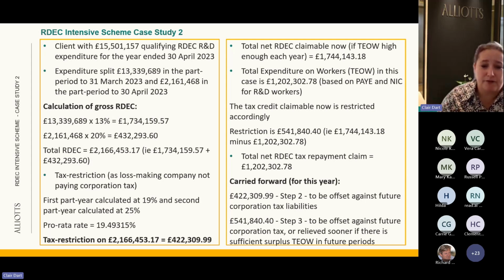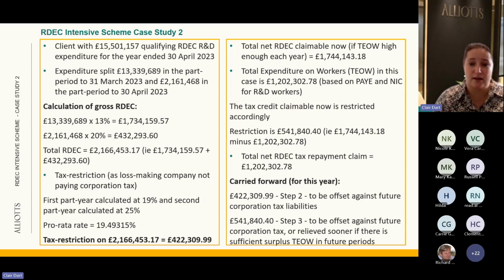We look at the cap for expenditure and workers, and our cap here is 1.2. So we got a further restriction of 541,000. So what we can do is claim, therefore, 1.2 million in RDEC tax repayment. That amount can be paid back to us. And then we look at the bits that have been restricted. So we had